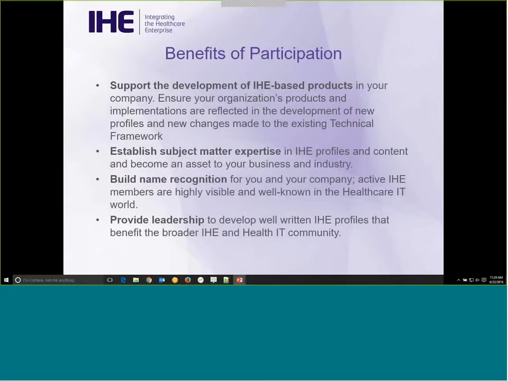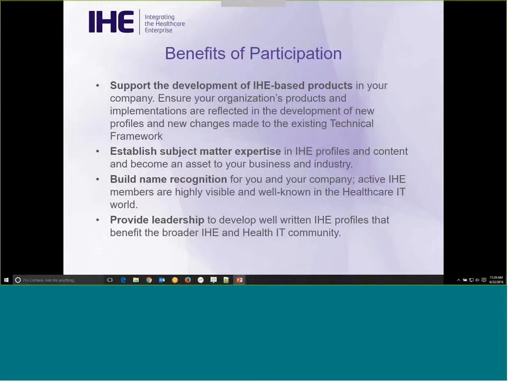Here are some benefits to that participation. Again, all proposals are voted on by the planning and technical committees in, say, the October-November timeframe, and development begins pretty much immediately. Work groups are formed around each new work item to develop a new profile or whatever that work item might be.